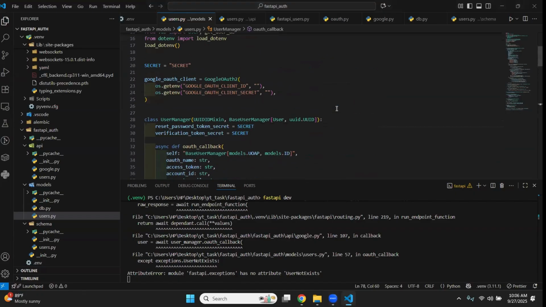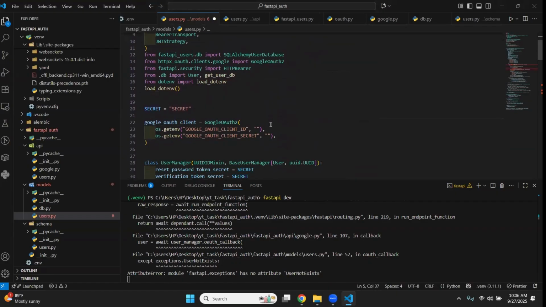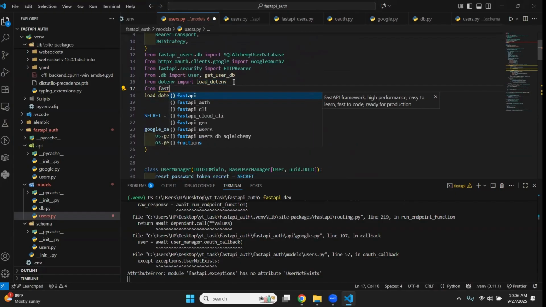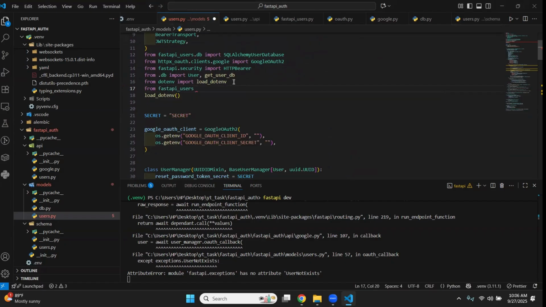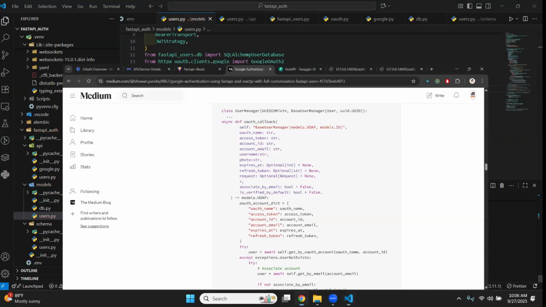So I have made one mistake here: I am importing the exception from fastapi. Actually, that's not right. I need to import the exception from fastapi users instead of fastapi. Now let me save this,